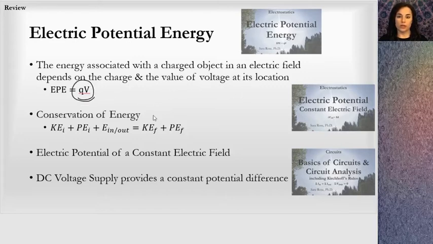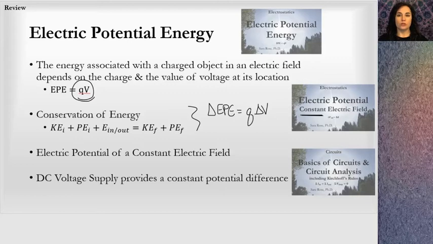If we're looking at a circuit and thinking about conservation of energy, we would actually have a change in electric potential energy, and that would equal Q delta V. We're also going to remember that we have a constant electric field, supplied by the DC voltage, and we're going to have this potential difference, right? Whatever the EMF is, that's what we're talking about. In a circuit, this DC voltage supply provides a constant potential difference and a constant electric field through which current can move, right? We need a potential difference in order for current to flow, and this is constant in the case of a